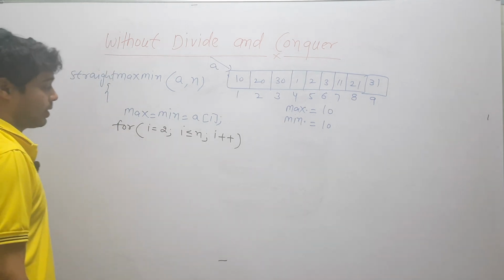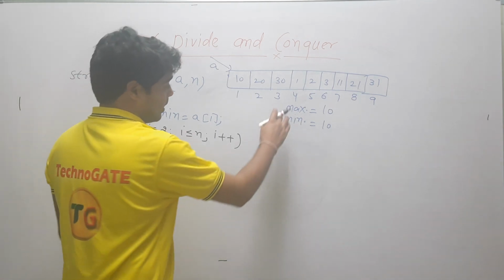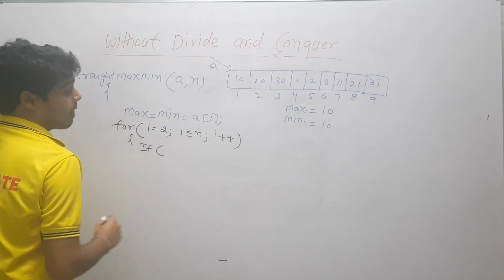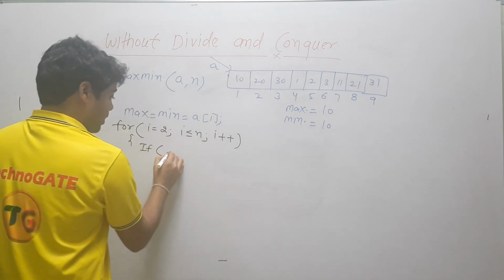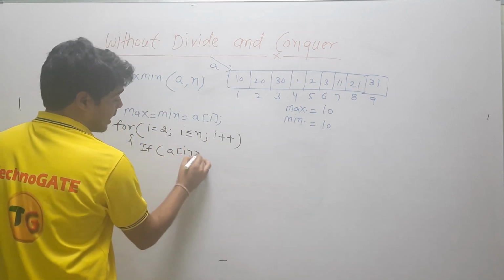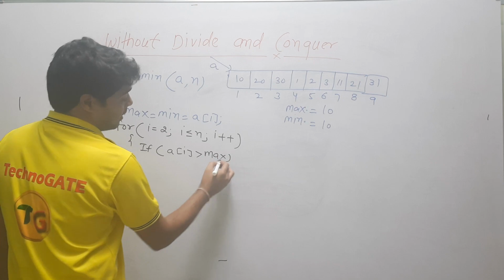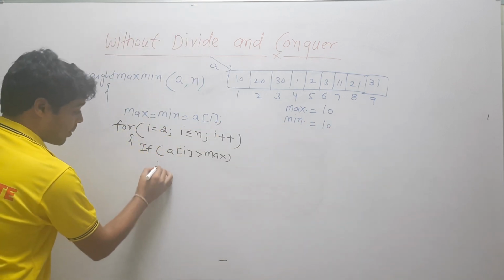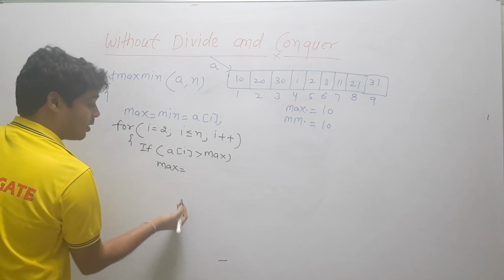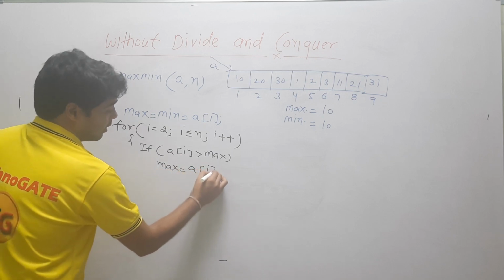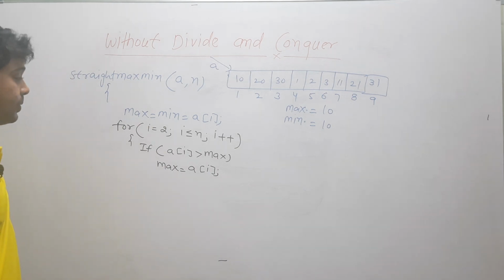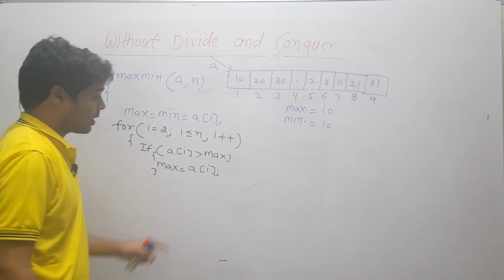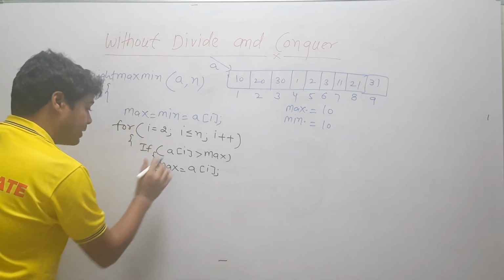Okay, this one is clear. Now, if a of I is greater than maximum, then update maximum here. So maximum is what here? Maximum is a of I. Okay, maximum is a of I here. Clear? Else, if this condition is false, else